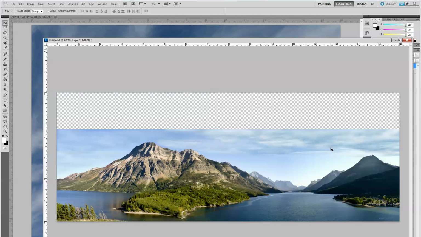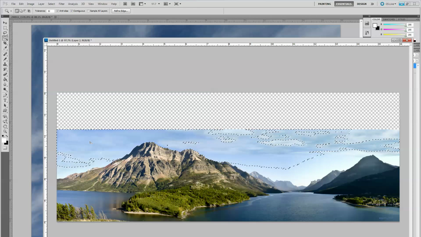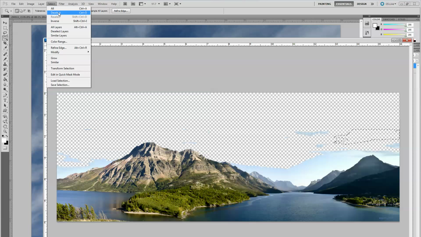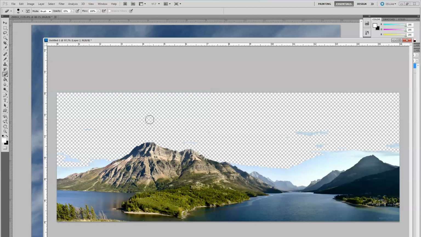Now I'm going to take the sky out, and I'm going to do that simply by using the magic wand, and we'll hit delete. We could go and do it this way, or we could deselect, select our eraser tool. Left bracket key will enlarge it. Sorry, that was the right bracket key will enlarge it, and the left bracket key will size it down. So I want to size up, so it's right bracket key, and I just take out